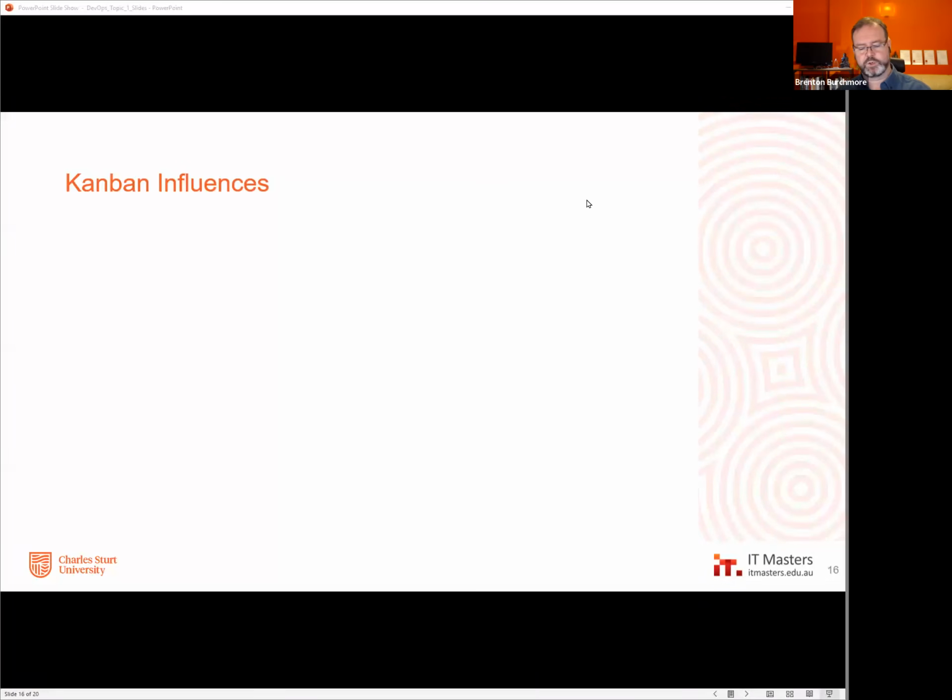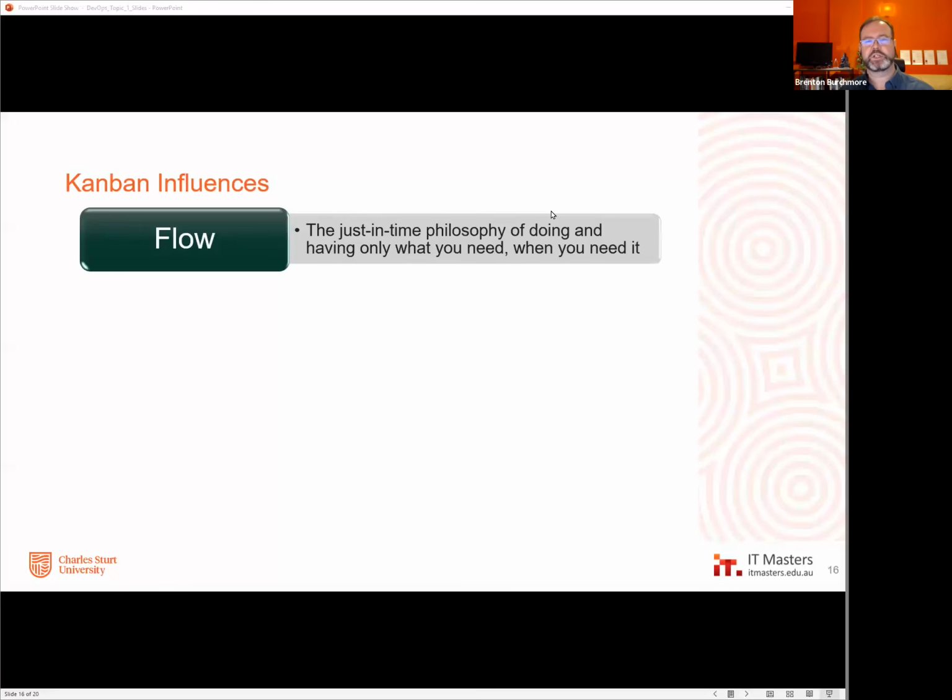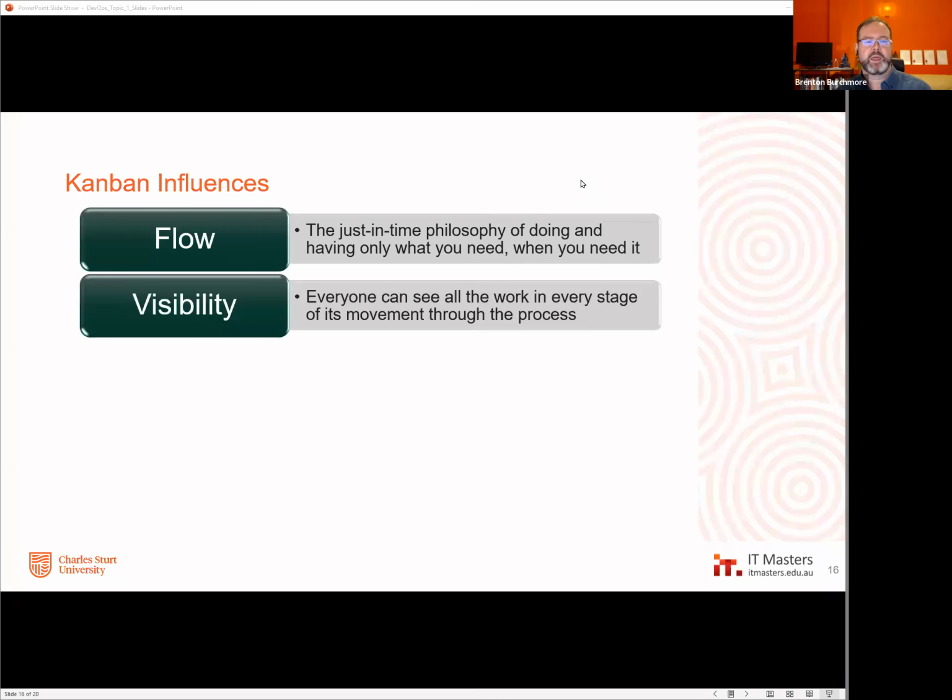Kanban, which directly translates into visual signals. It's a method of trying to help us flow smoothly. So some of the principles that DevOps has borrowed from the idea of flow, and yet Kanban, lean did also take a lot from Kanban through that. They grew up together in the last century. So the flow idea is about just in time, just doing only what you need to do when you need it, have what you need when you need it. But it's also about making sure it's all visible.